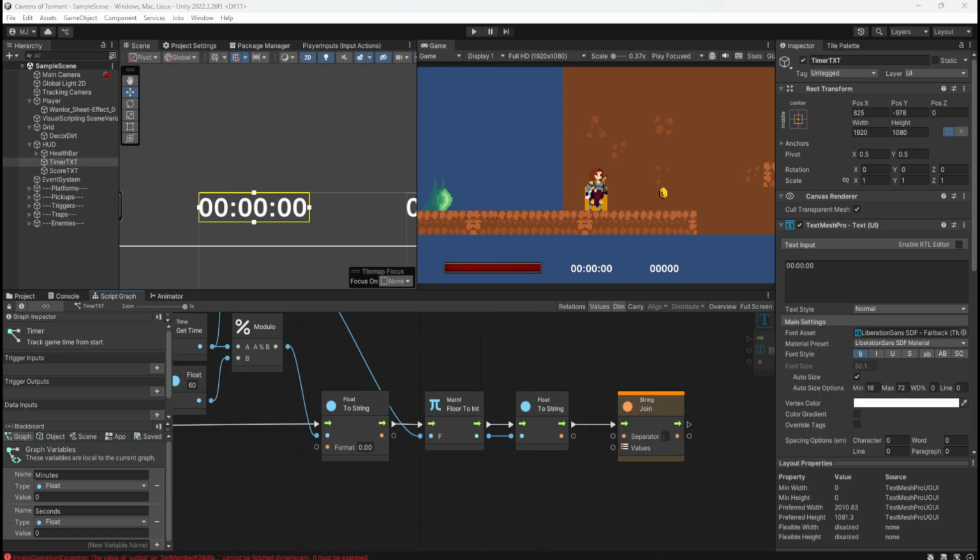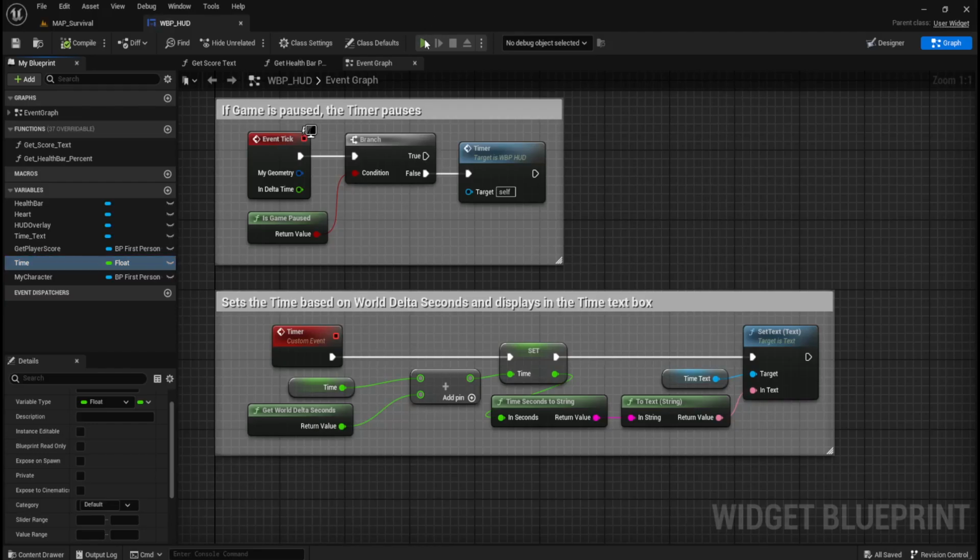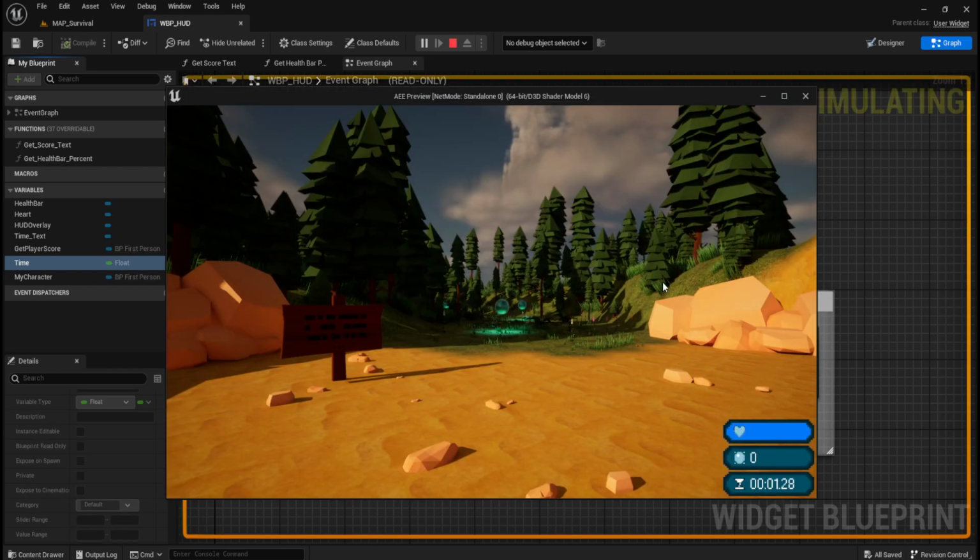If I just quickly show you, sorry to interrupt. You can see how I've. Oh, I see what you mean with the full stop. I hadn't actually noticed that before. 00 colon seconds, full stop, milliseconds.